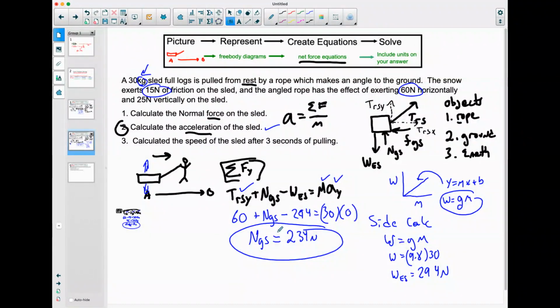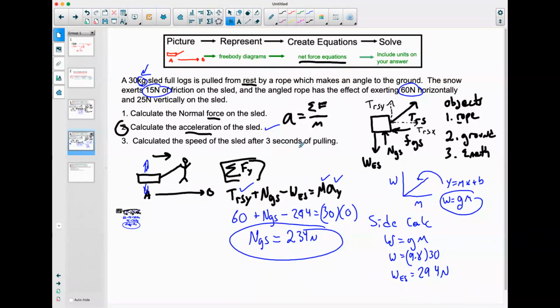And that's the answer to the question, what is the normal force on the sled? That is the upward push from the ground on the sled. So at this point, we figured out the normal force on the sled with our net force equation of the vertical, and we found the acceleration of the sled, the horizontal acceleration, with the equation we made for the horizontal net force. We have one last thing to do, which is to calculate the speed of the sled after 3